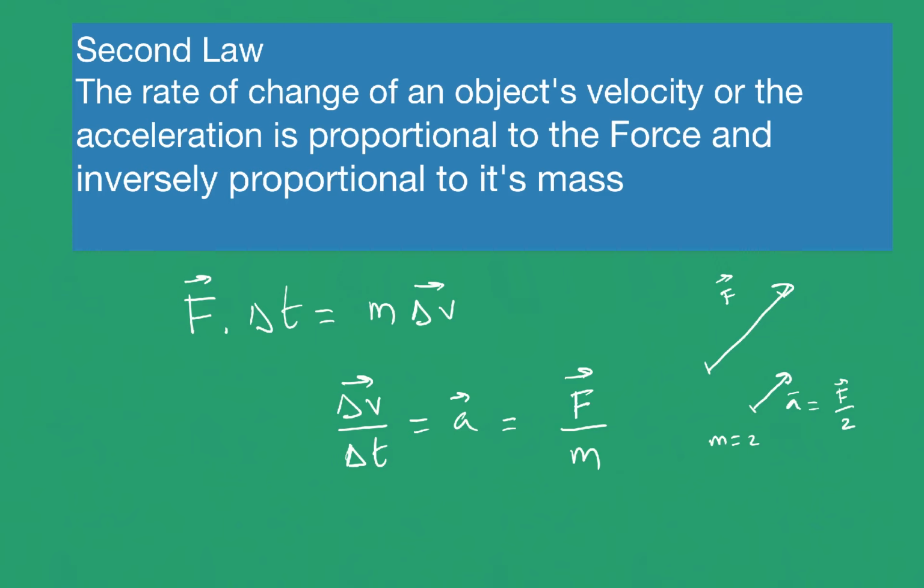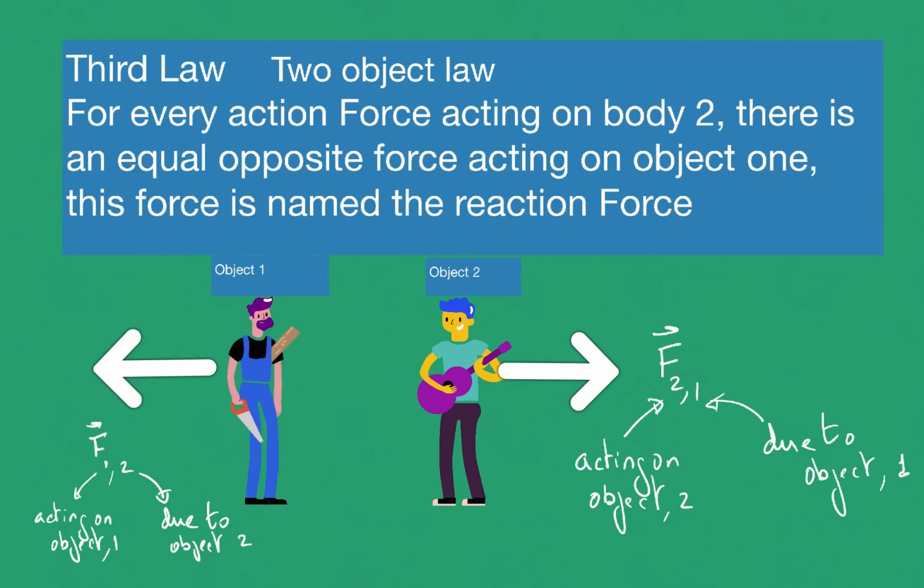And if the mass is very small, like the mass of an electron, the acceleration will be very big, meaning that it will produce a big change in the vector velocity. So let's go to see here. Okay, the third law is